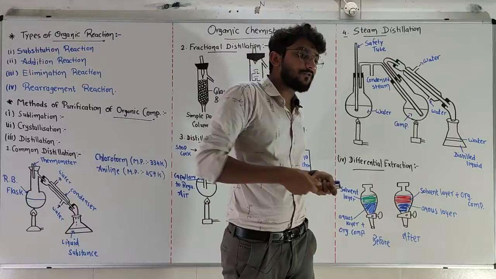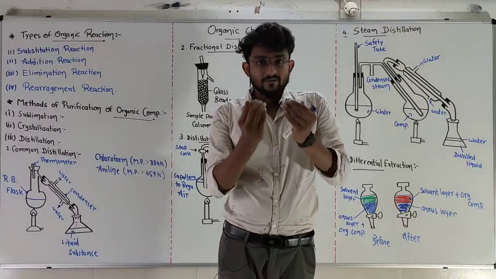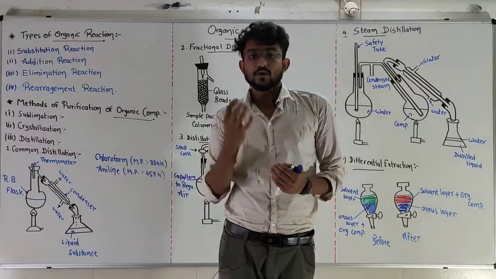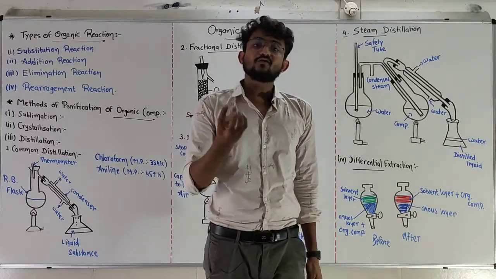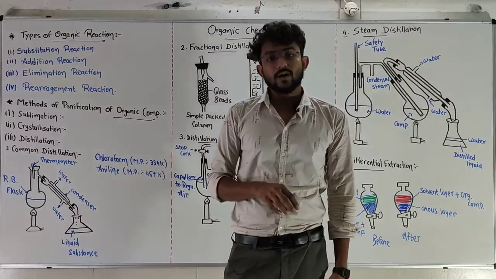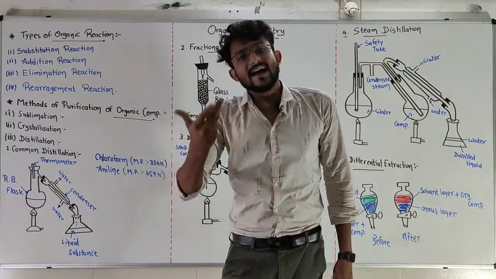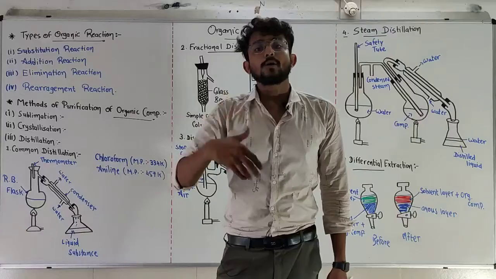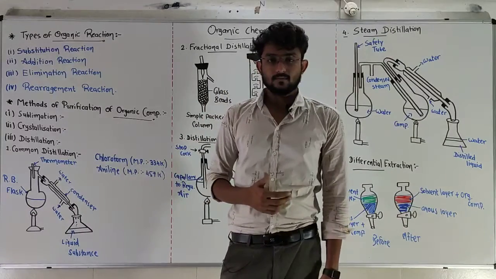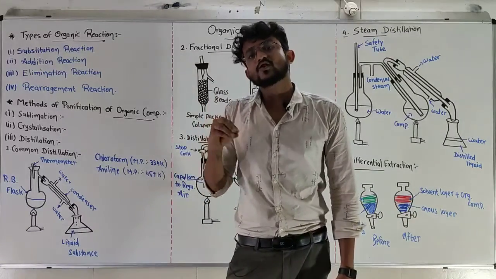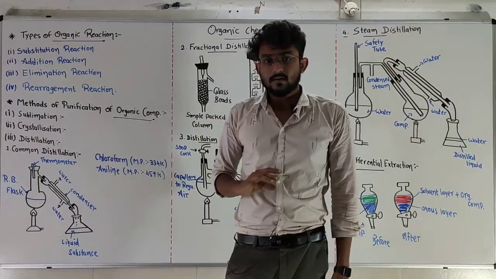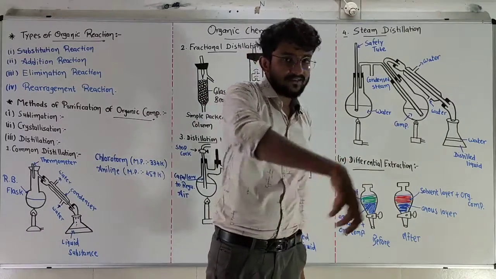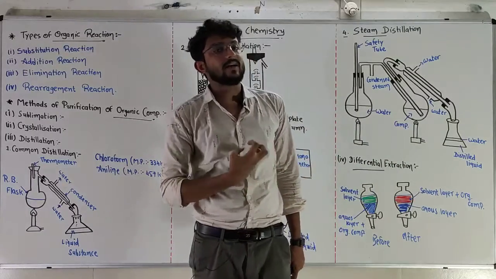After that, I take that vessel and put it into the freezer. When I put it into the freezer, it will cool down and the temperature will decrease. So the extra sugar which was dissolved in the water will recrystallize as a solid, and I will obtain a more pure sugar form. That means the impurity of the sugar is removed and more pure crystals of sugar are obtained. I will obtain those crystals from the liquid.